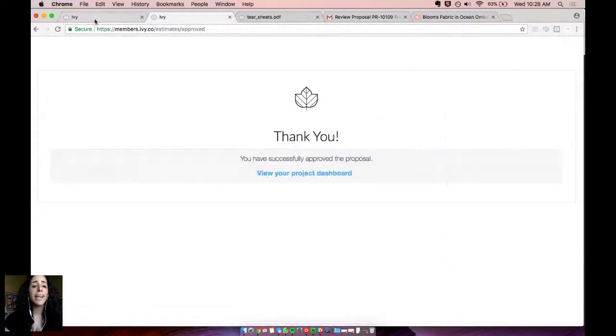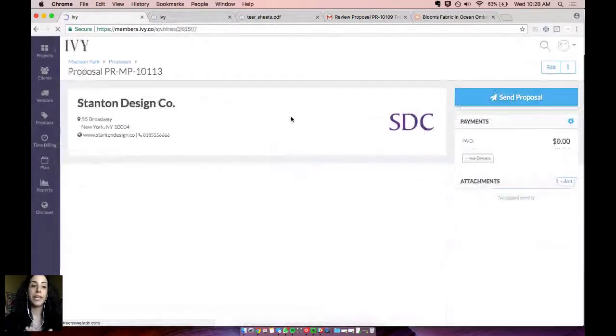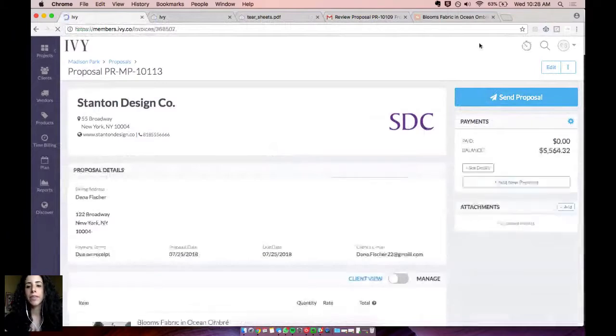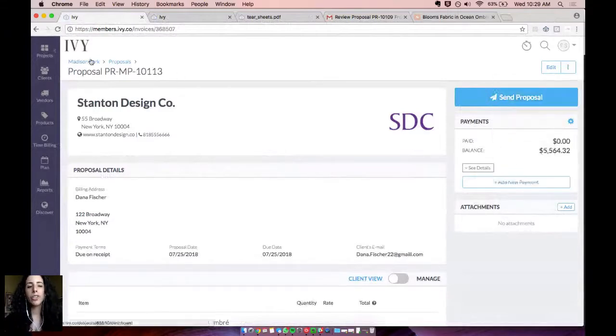Going back into Ivy over here, you'll be notified once your client submits that approval. And if they did pay you on that proposal, you'll get it in 2 to 3 business days. And from this proposal, you can easily convert this to an invoice or a purchase order at the click of a button. But I want to show you one of my favorite parts of the project, which is the